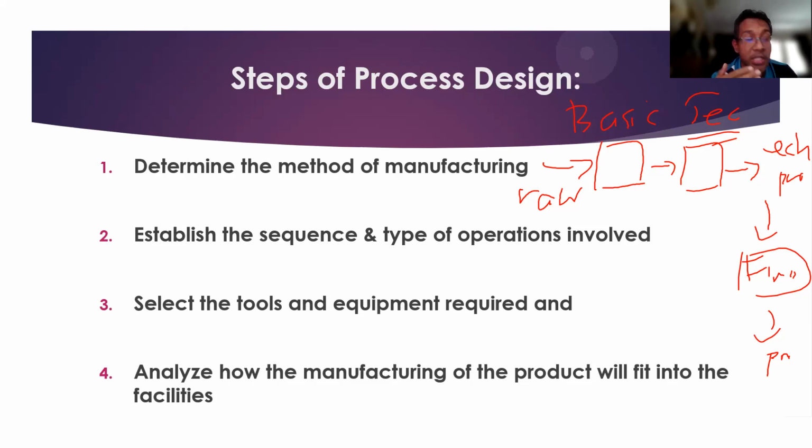Because for sand casting, normally it is not accurate enough. For example, in an engine block, you make the hole by sand casting, and then for the hole, you need to do some machining process to make the accurate hole for the engine piston. You need to do machining, and then after that you do a measurement process to see whether the specification has been achieved or not. This is a secondary process for machining.